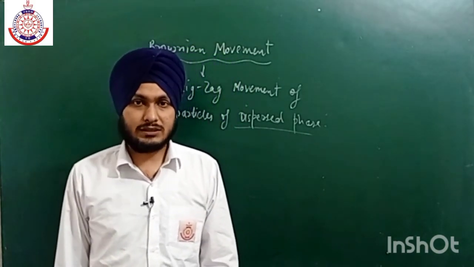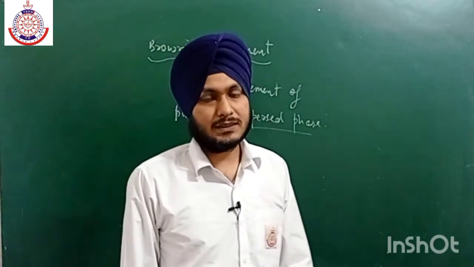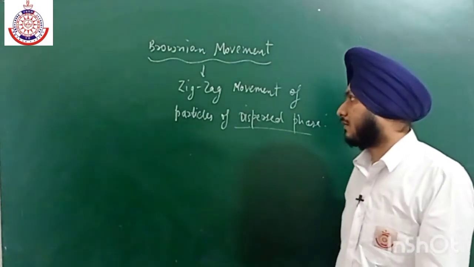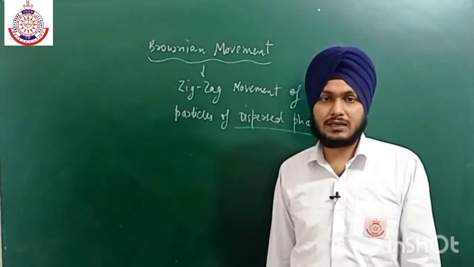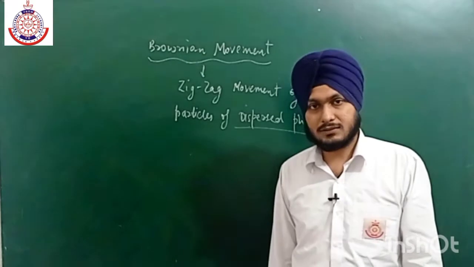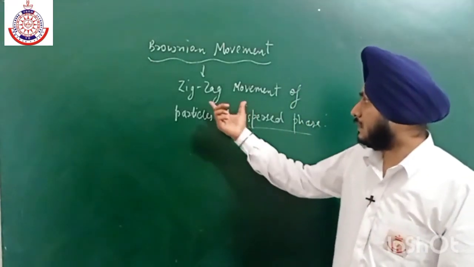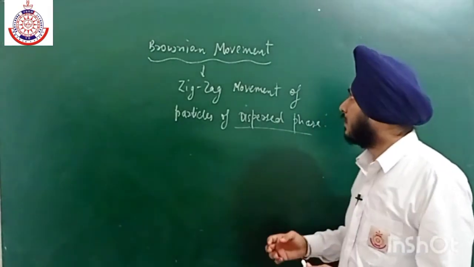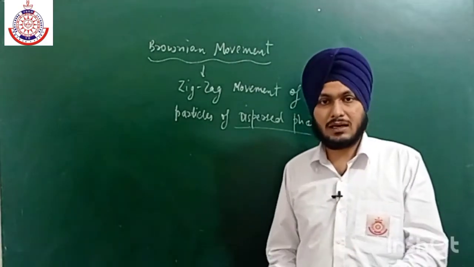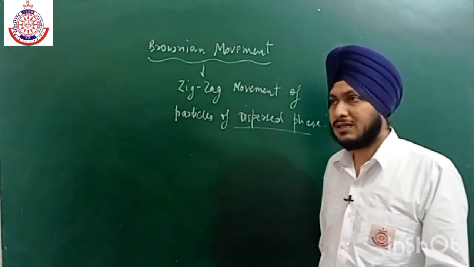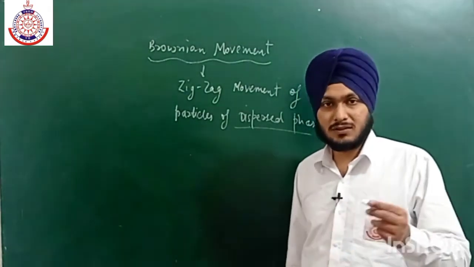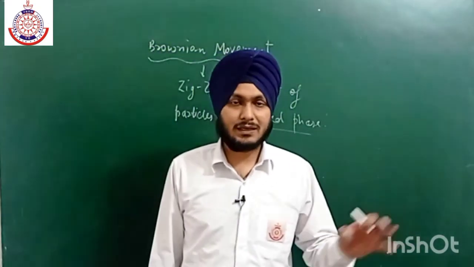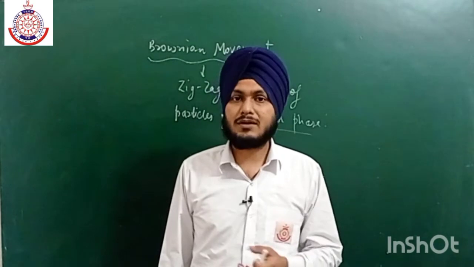By obstructing the coagulation, they will not allow the colloidal solution to form aggregates. Because, as we all know, it is a zigzag motion. If the Brownian motion is large or high, then the particles will remain in motion, so there will be no chance of getting collected at a particular place. Then no coagulation takes place.